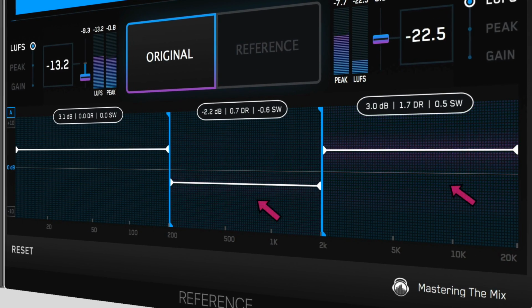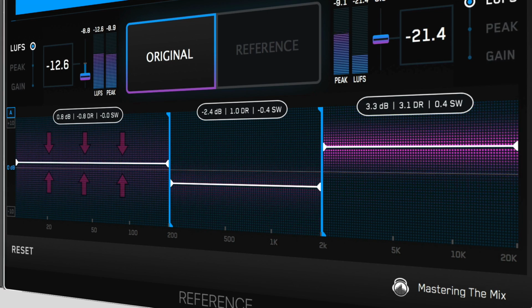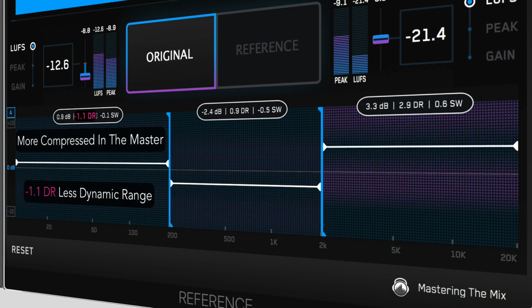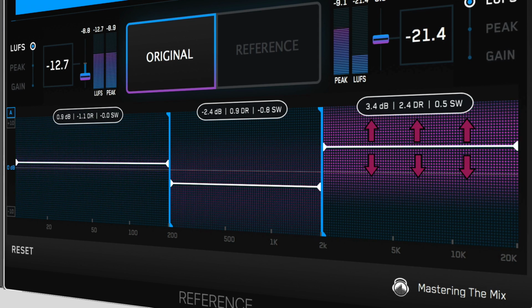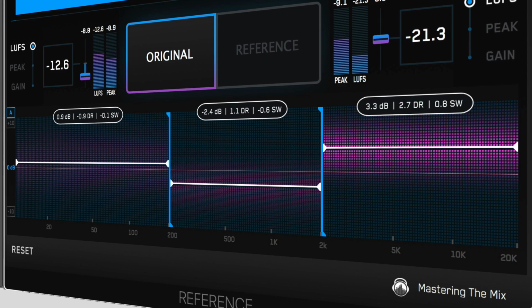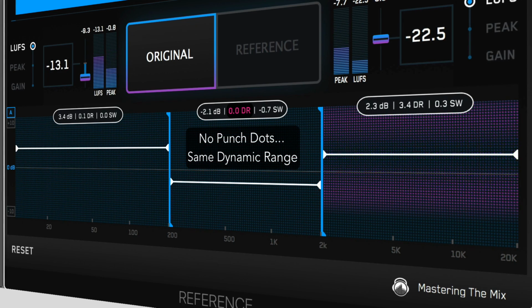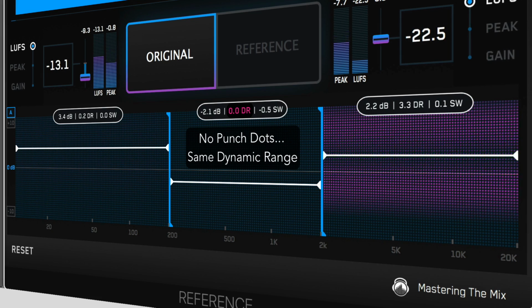The purple punch dots show you how your processing has altered the dynamic range of your material. If the punch dots are moving towards the white level line, then those frequencies are more compressed in the master. If the punch dots are moving away from the level line, then those frequencies are more dynamic in the master. The brighter the dots are, the greater the difference in the dynamic range. If the dots are invisible, then the dynamic range is the same in that frequency band in both the mix